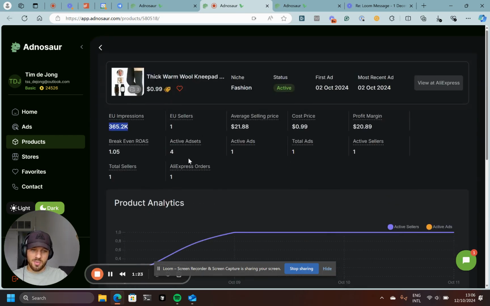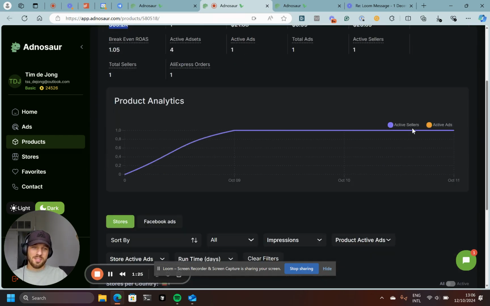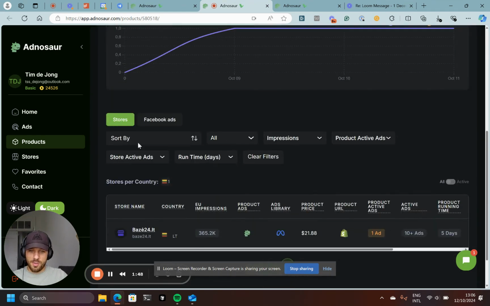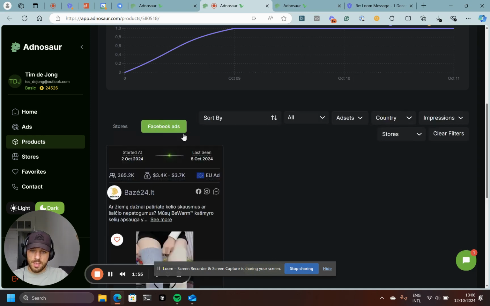It's actually a really interesting product. It has only been sold by one active seller and one ad actually. This can be because it's a new product or anything else. We're now going from the summer products into the winter products, so there will be some new products going live. So this might be a really interesting one because there's only one ad in total, and it's only showing for one store in Latvia, I think, Lithuania, and one